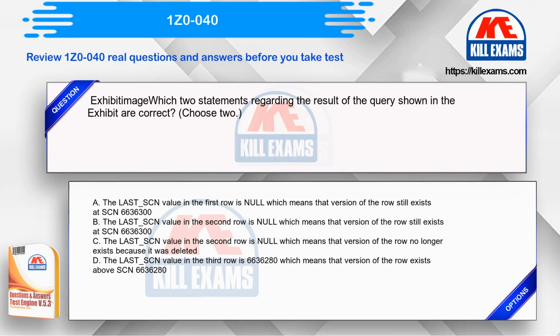Exhibit image. Which two statements regarding the result of the query shown in the exhibit are correct? Choose two. Option A. The LAST_SCN value in the first row is null, which means that version of the row still exists at SCN 6,636,300. Option B. The LAST_SCN value in the second row is null, which means that version of the row still exists at SCN